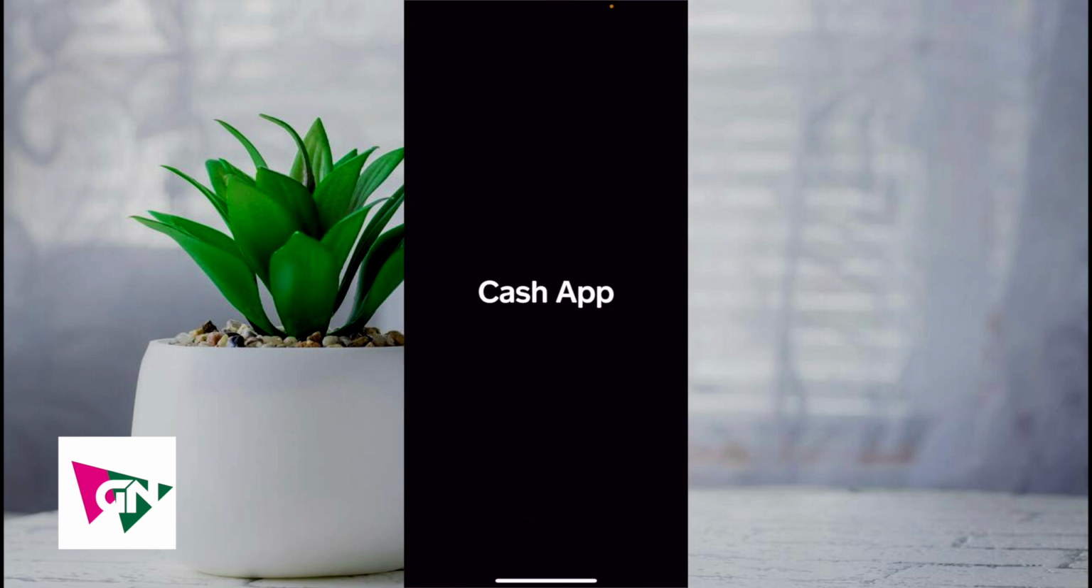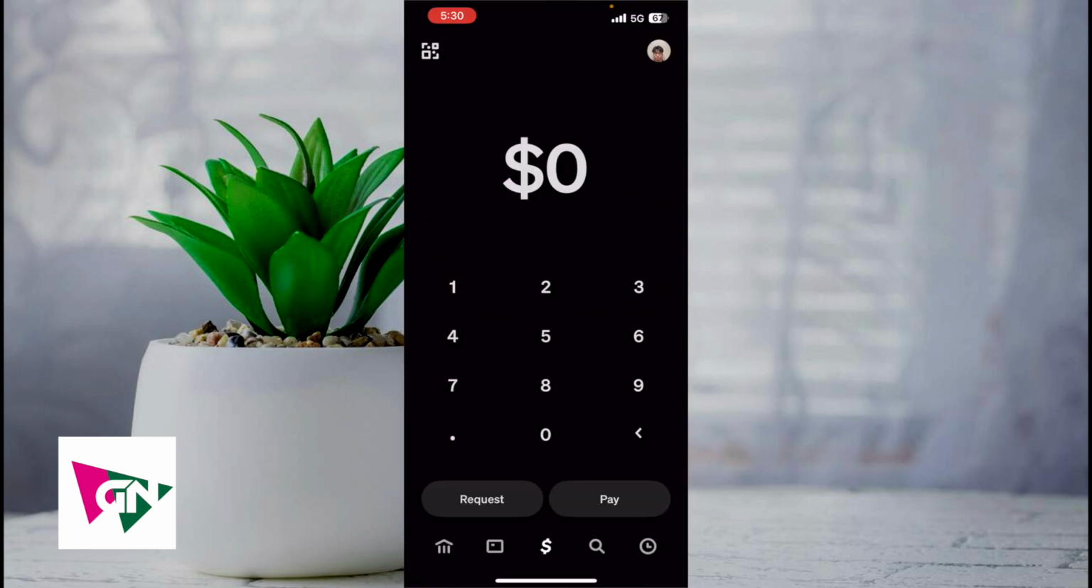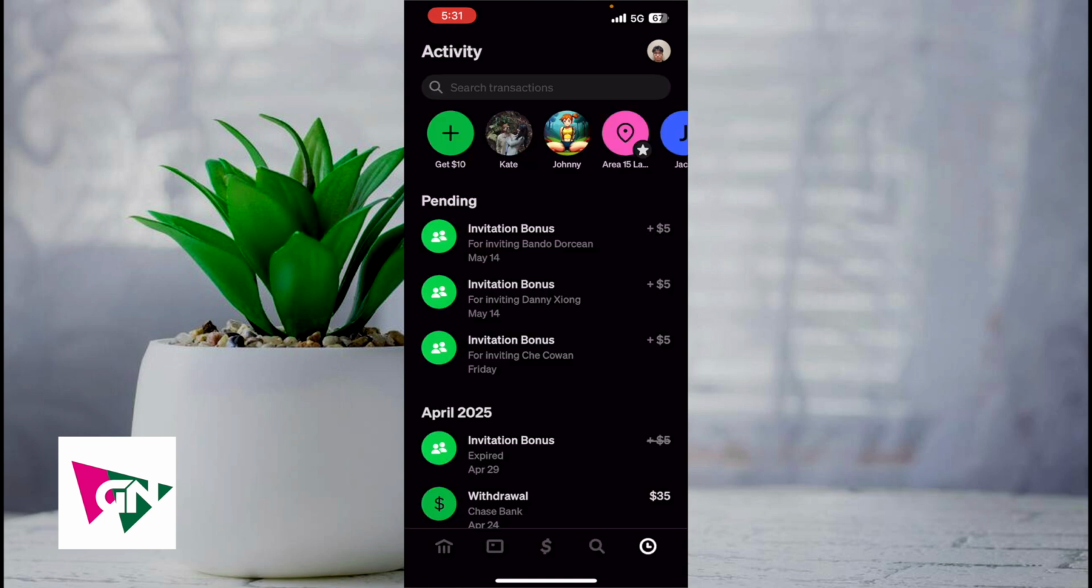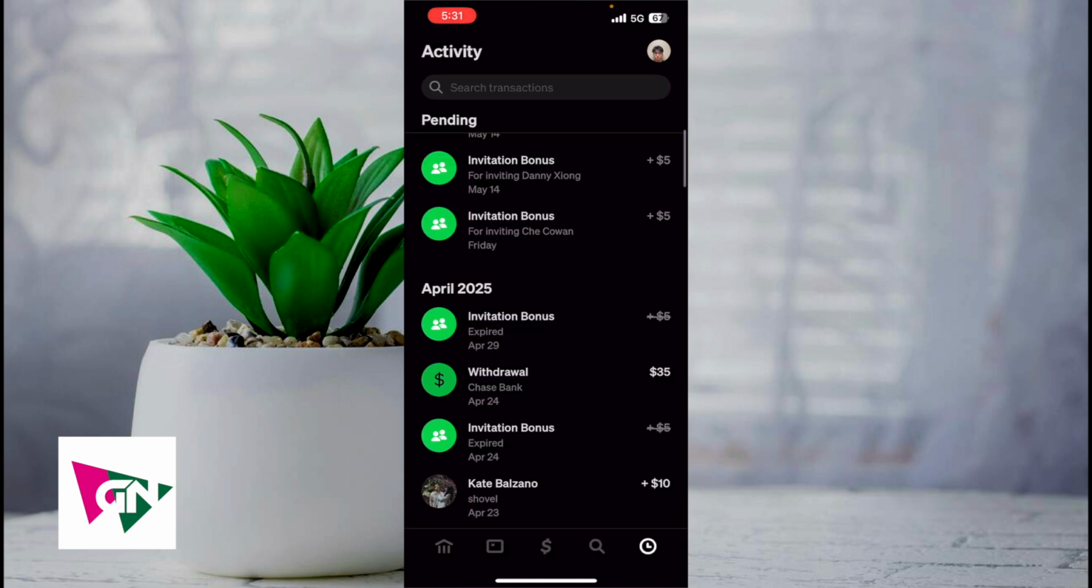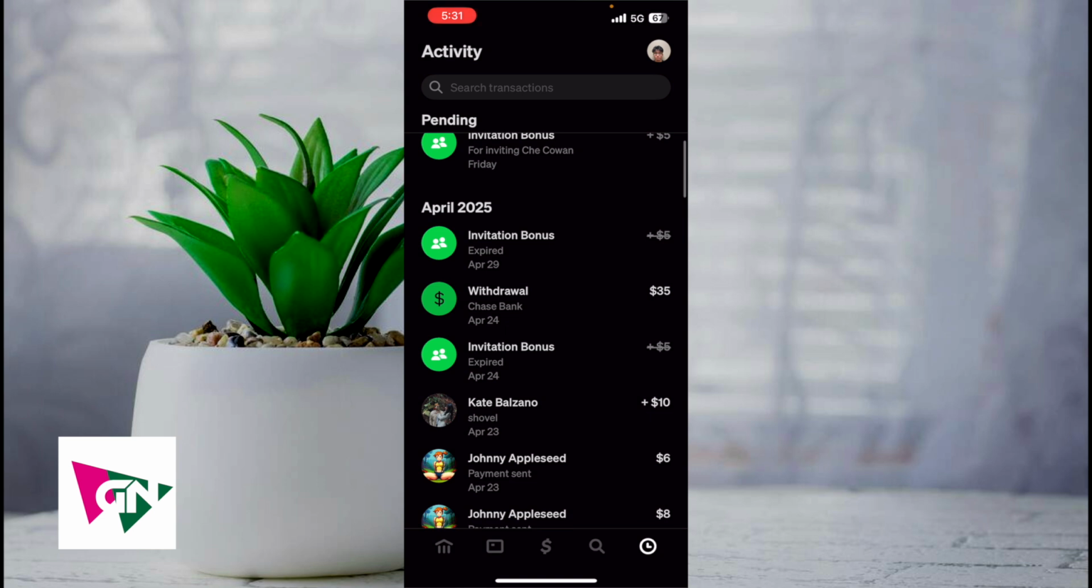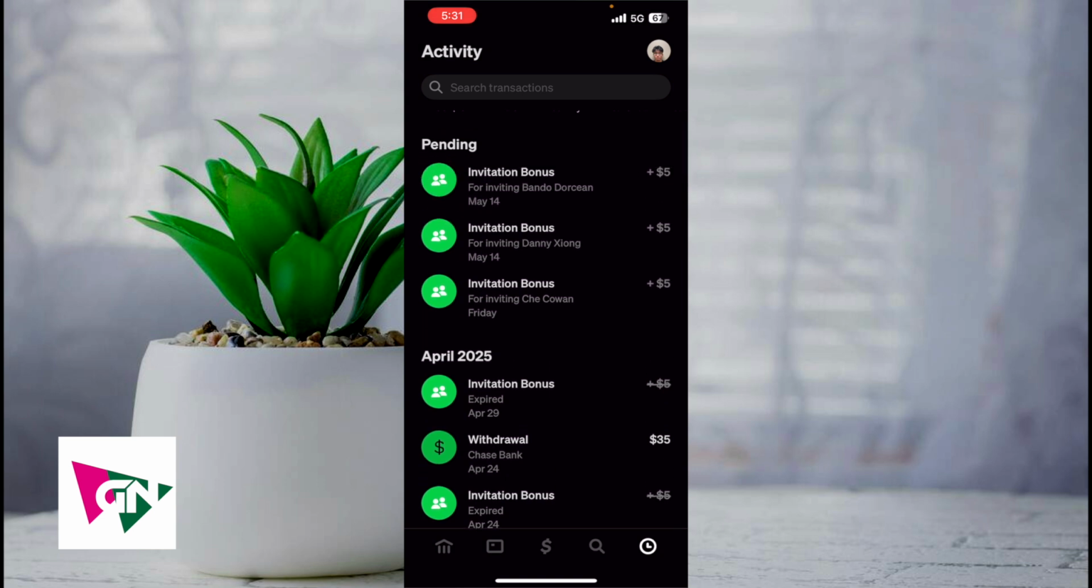So the reason why this occurs is because when you invite someone to Cash App and you're looking to make that referral bonus, they do need to send at least $5 to someone in order for you to receive that invitation bonus. So for example, as you can see here, I have some invitation bonuses that have expired. And the reason why is because those people have not actually used Cash App. And so with that, the invitation bonus is going to expire if people do not actually go ahead and send